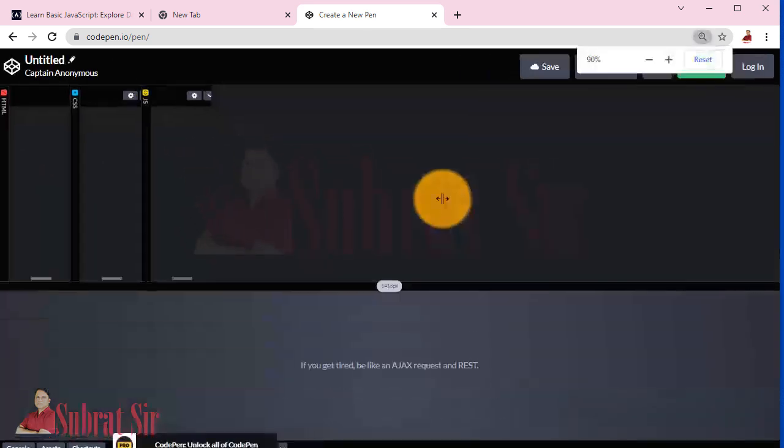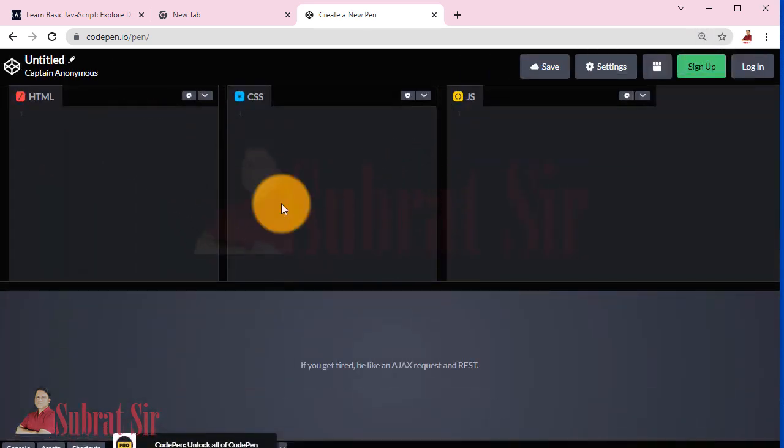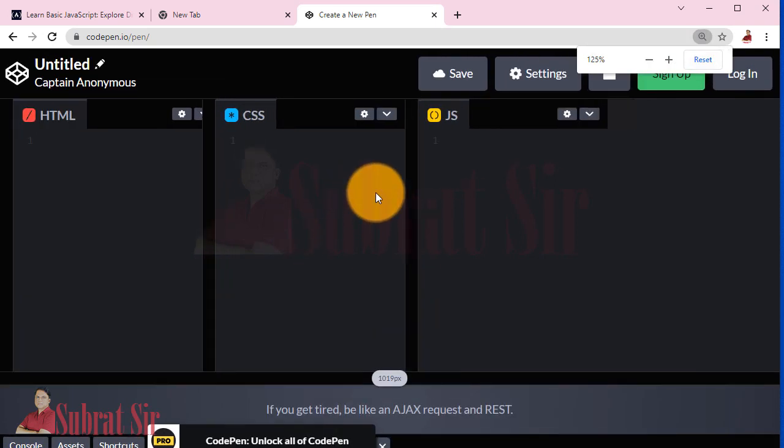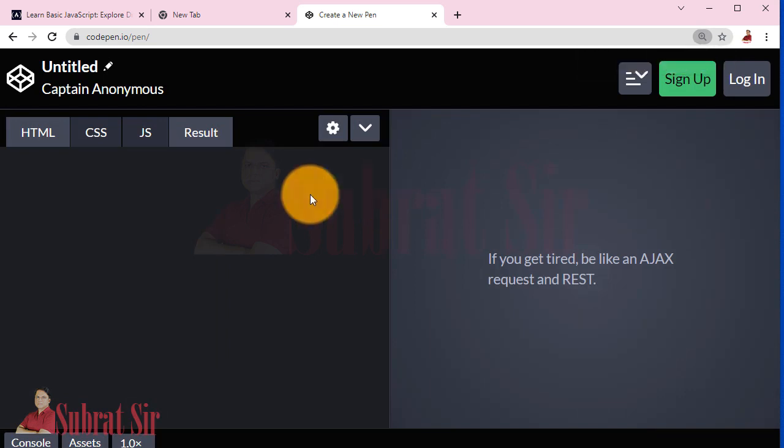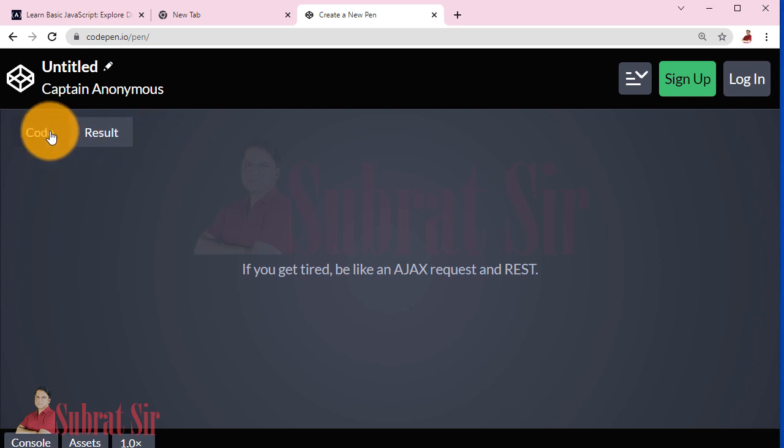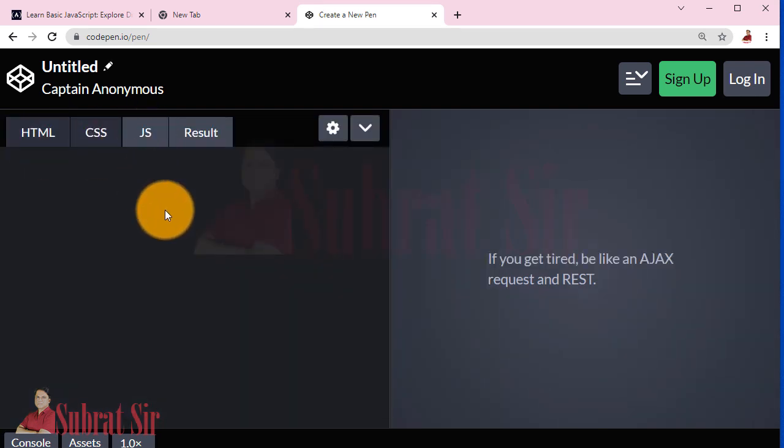Your screen may look like this: HTML, CSS, JavaScript. I have just zoomed in it. So press and hold Ctrl key, then scroll your mouse button to increase the zoom. As I need only JavaScript, so I will click on JavaScript and write here the code.